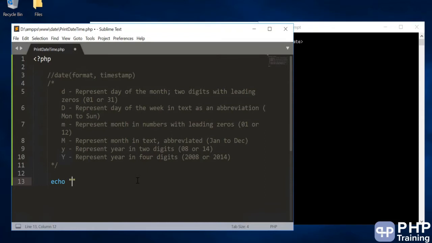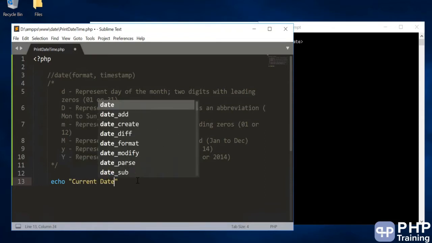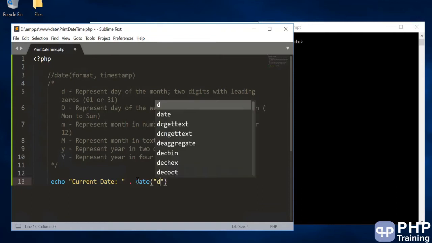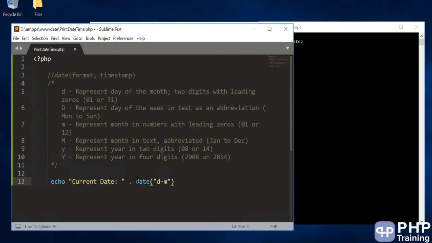Echo current date. You can say date. Date accepts two parameters, format and timestamp. Timestamp is optional, so you have to specify the format. Okay, and you can use this notation d m y all small. We'll use the same example and we'll use all caps.